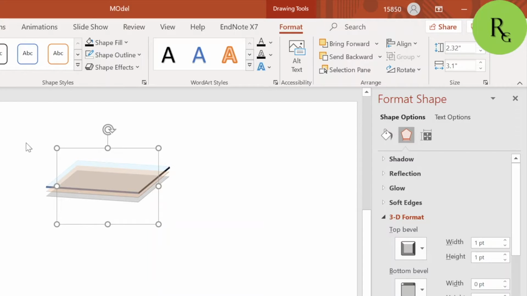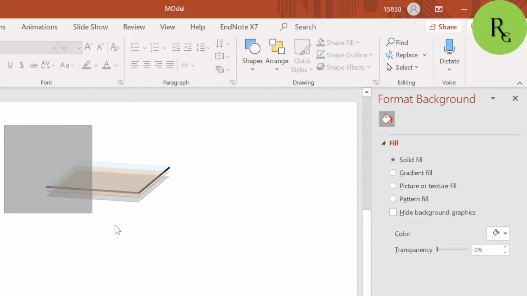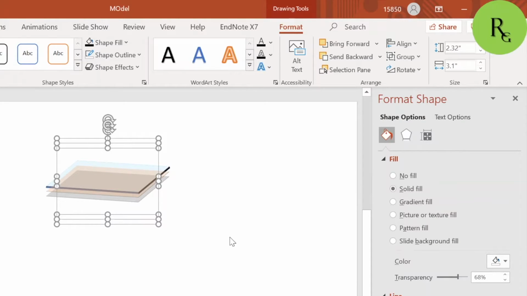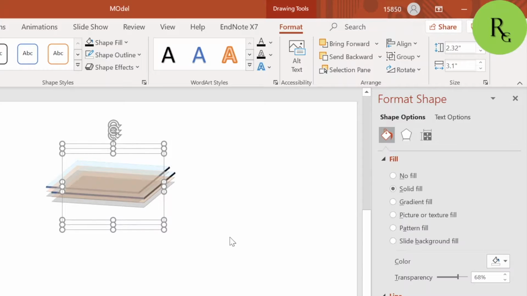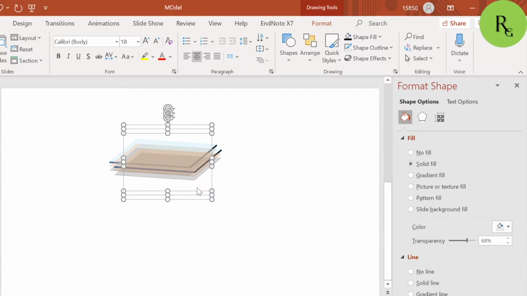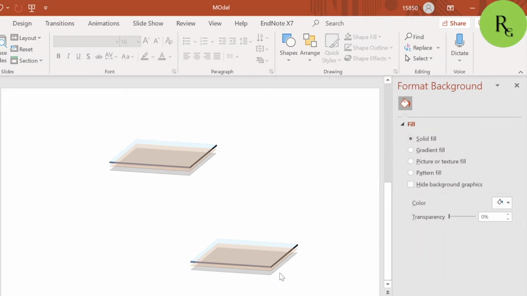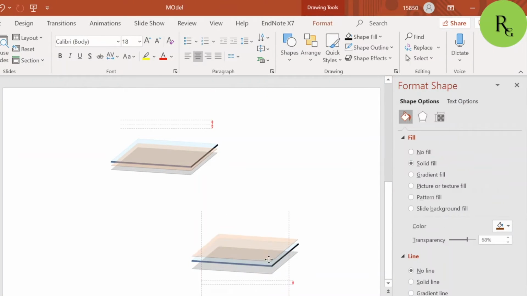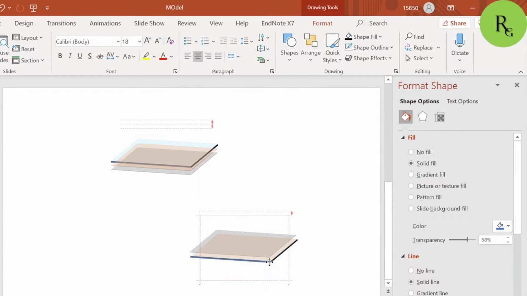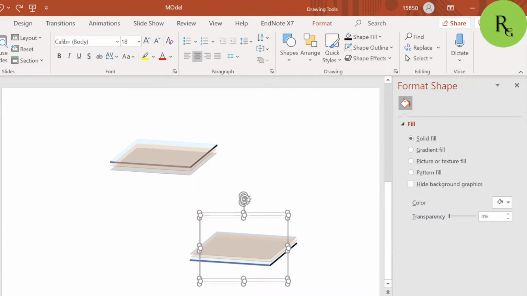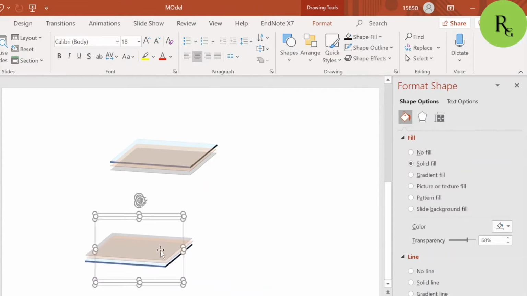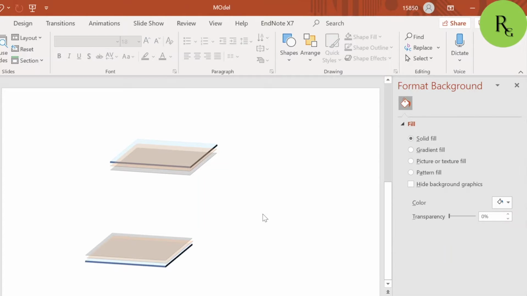And then after, you will need the bottom glass also. So just copy all of them, select them, and then just do Control D. And now this time the layers will be on top. So now both side layers are ready. Now we have to prepare molecules. So again go to shape